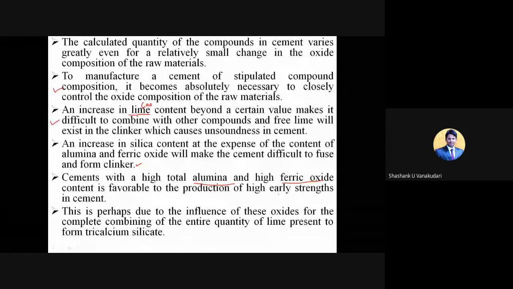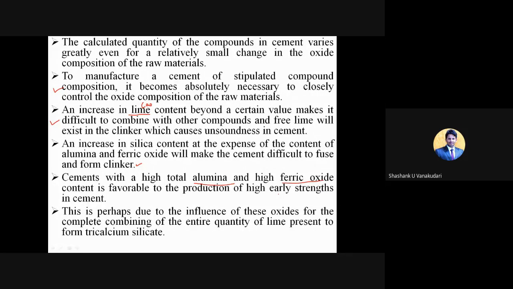So cement is about to get the strength once it is added with water and it has completed its applications, and then it should be with proper curing. Only then is it going to give the proper strength. So to get the proper strength, I mean high early strength, this total content of alumina and ferric oxide plays an important role. Early strength in the sense that within a shorter period of time the cement will get strength. So that is by using this alumina and ferric oxide.